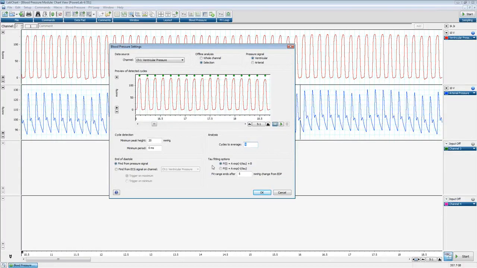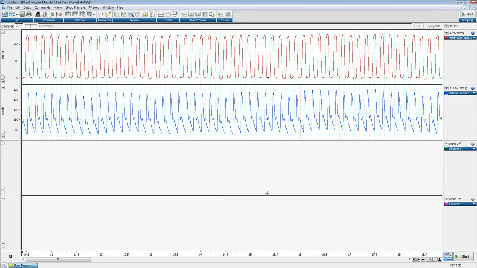And of course, tau being one of the options we might be interested in with ventricular pressure. We can use different fitting options. Neither one is right or wrong. Just pick one and stick with it. And we can also tell LabChart where the fit range should end after end diastolic pressure. So now that I've done that, I'm going to hit OK, and we'll highlight the differences between